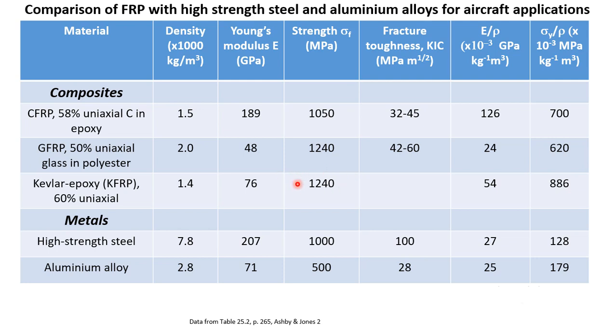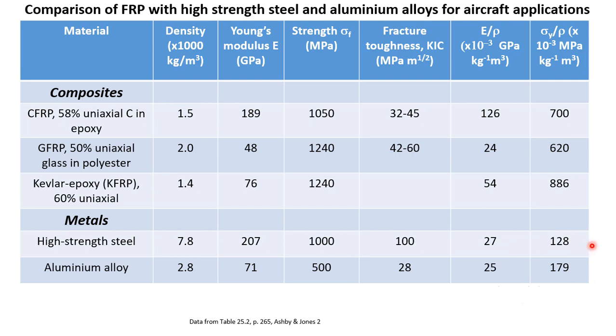This is because this particular material, Kevlar, has very high strength compared to carbon fiber composites, and the density of Kevlar is also lower than the carbon fiber. So that's why we get a very high value of this ratio. For the metals, basically the density is high. For steel, density is very high. Aluminium is a light metal, so density is still higher than the density of these composites. And in terms of strength, high strength steel is very close to carbon fiber composites, but aluminium strength is quite low, so therefore we get very low values of this ratio.